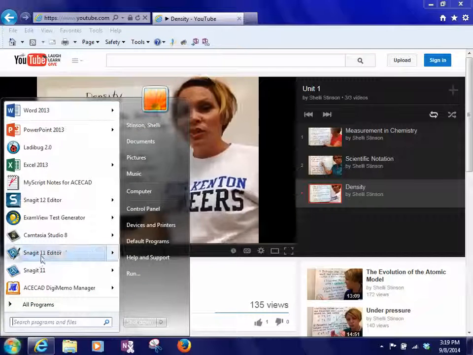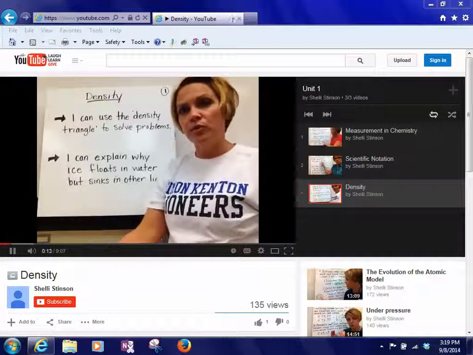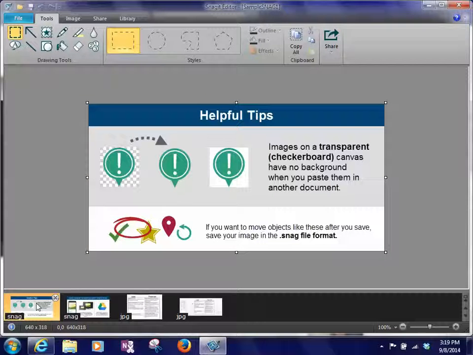So let's look at our learning targets for this video. The first one is I can use the density triangle to solve problems, and the second one is I can explain